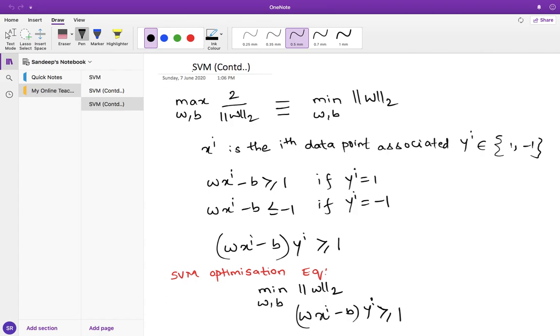These points we know already. When you know the input data points, they are constant values, and yi is also constant, it can take 1 or minus 1. Only w and b are variables. So this looks like a quadratic function, and these are all linear inequalities. So these problems can be solved using optimization toolboxes. This is a very simplistic form, but SVM has many other categories. So first let us discuss different types of data, and we'll come back to it.